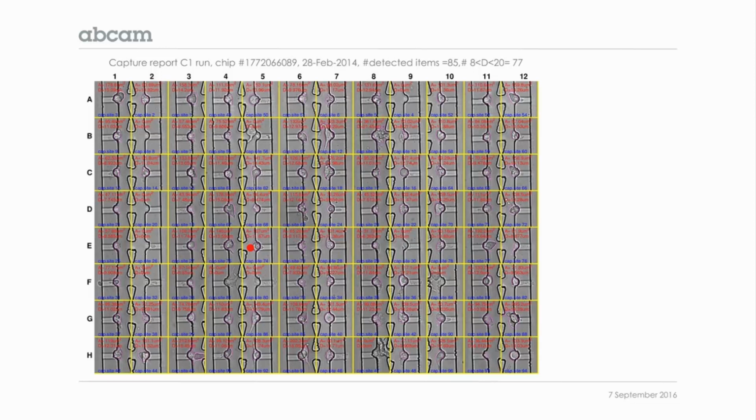What you do is load into this fluidic chip a cell suspension, which is what you have after you dissociate the tissue, with a concentration of a few hundred cells per microliter. You load about 5 to 10 microliters into the chip, and the machine pushes those cells into the microfluidics channel. This process takes about 30 minutes. Then you image this chip, and you see whether the cells got captured or didn't get captured, or how many got captured.